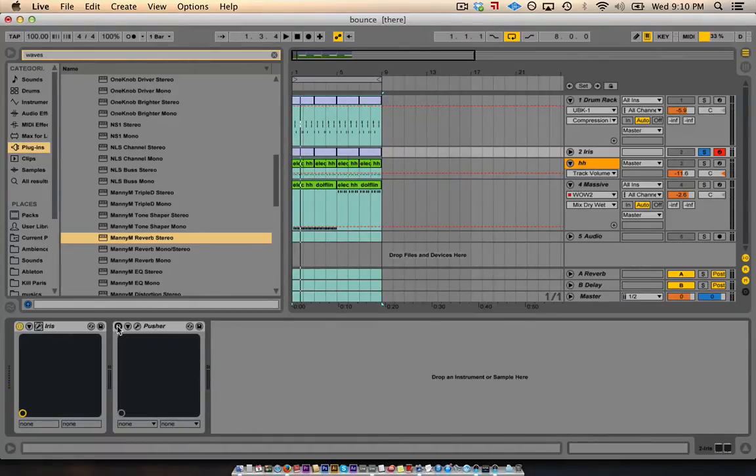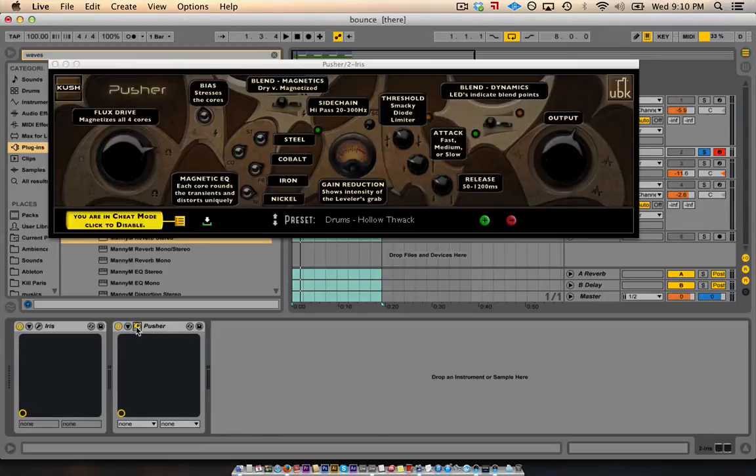It already has a great sound to it, some processing, but then I put a little bit of distortion on it with this Pusher, which is another Kush Audio plugin, which is great because it emulates tape distortion, but it also has that wet dry feature, also has a side chain feature, and then it has a limiter which emulates, I would say, a 1176, kind of fast attack, fast release. So it's good for drums, and then you have the wet dry right there. And with that on there, it sounds like...